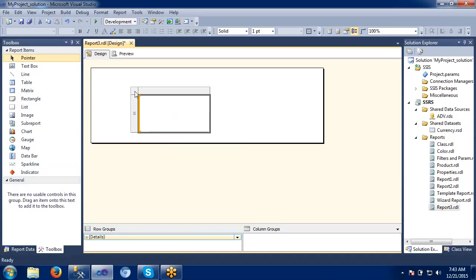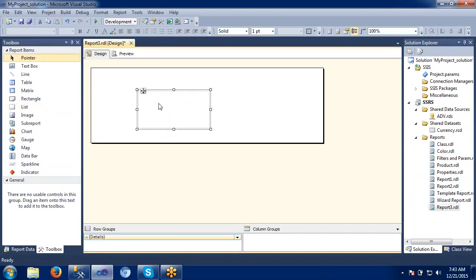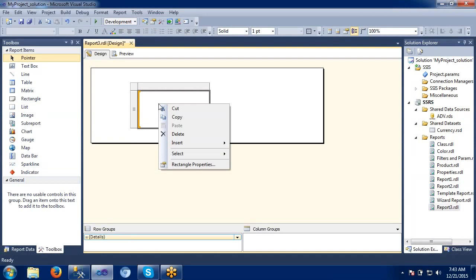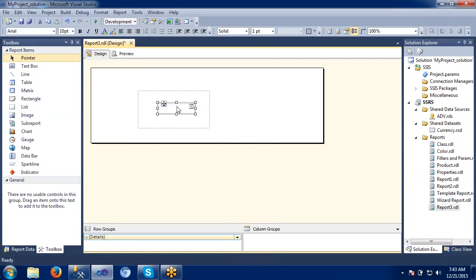Okay. Here we have something special in the list. First, we'll take it as a list here. In this, I am going to insert a text box. I have the data source and data set ready, right? So I'm trying to add the class here.